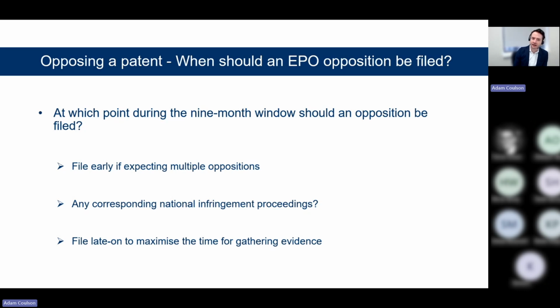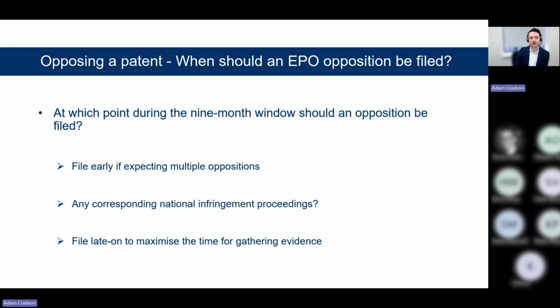However, in practice, the EPO's opposition division must allow each opponent a fair right to be heard. So whether you are opponent 1, 2, 3, or so on, you will each be given the same right to present your arguments. A pending opposition also has the effect of preventing any national infringement proceedings from taking place. As such, filing early on in the opposition period is also beneficial if you expect the European patent to be used to initiate national infringement proceedings.